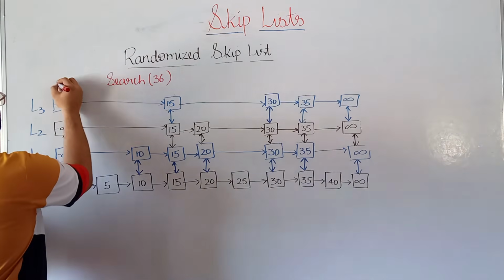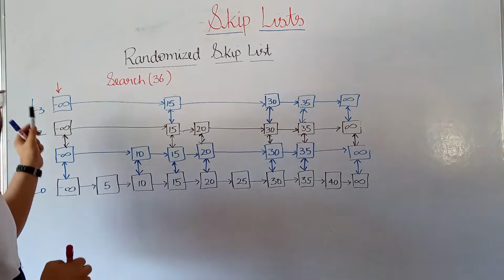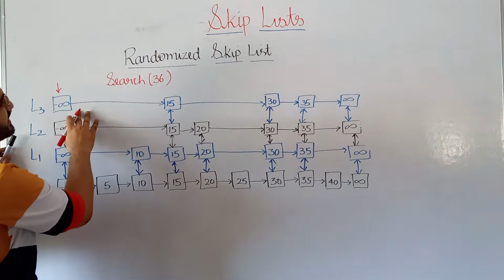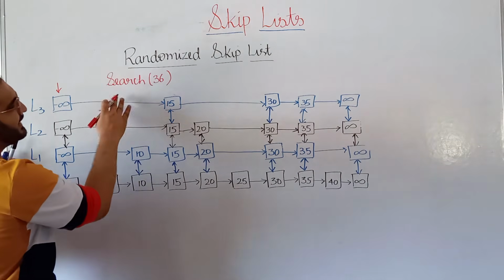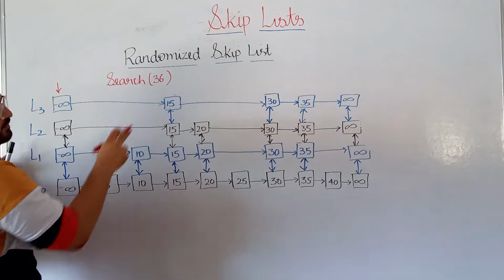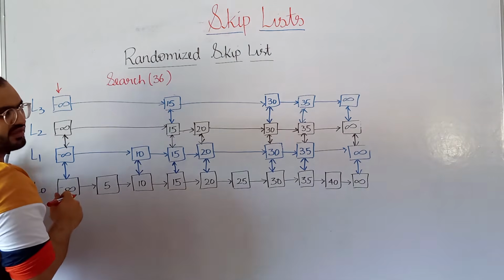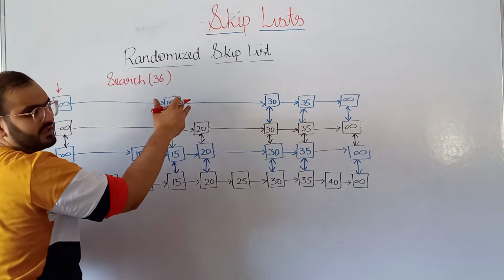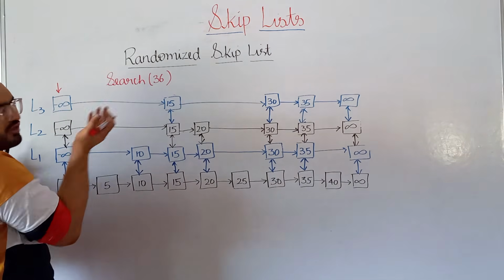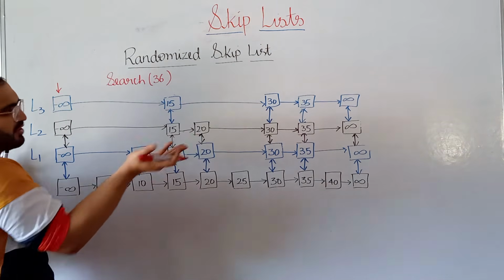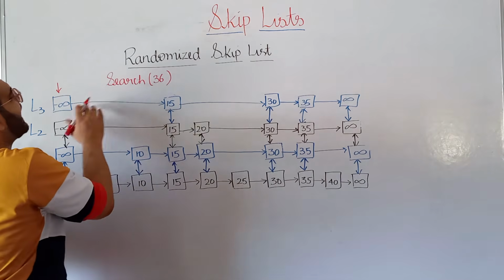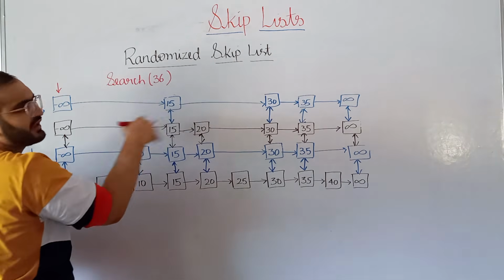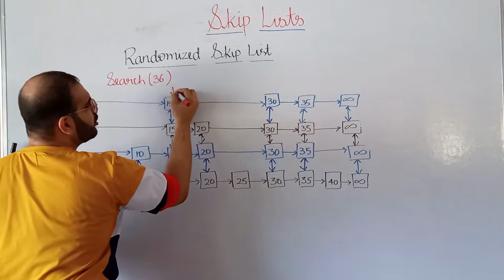You start from the head of the topmost linked list, and you see, is the next element greater than the value that I am searching for? Is 15 greater than 36? If it is greater than 36, then I cannot come over here. Otherwise, I will have to come back, which is not possible in a skip list because there are no backward pointers. So in this case, 15 is lesser than 36, so I can come here